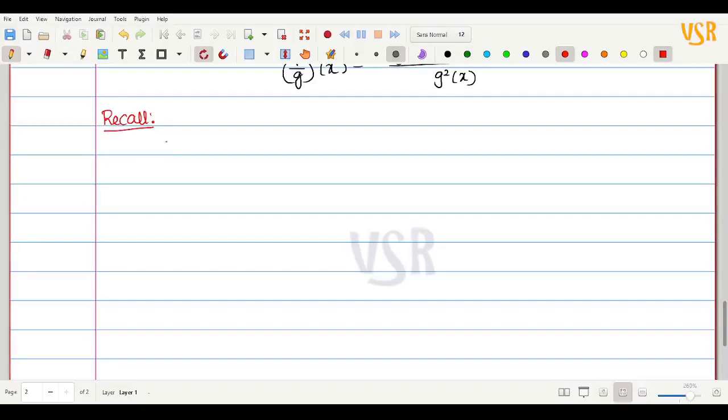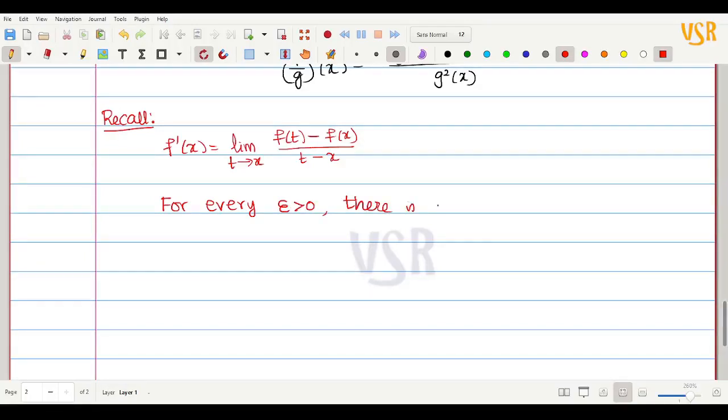We say that f dash at x is equal to limit t tending to x of f of t minus f of x divided by t minus x. That is what I am going to prove. Okay, so what does this mean? For every epsilon positive, there is a delta positive such that